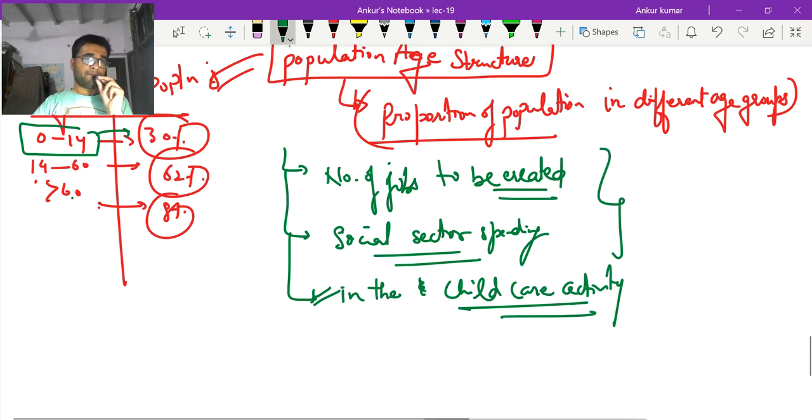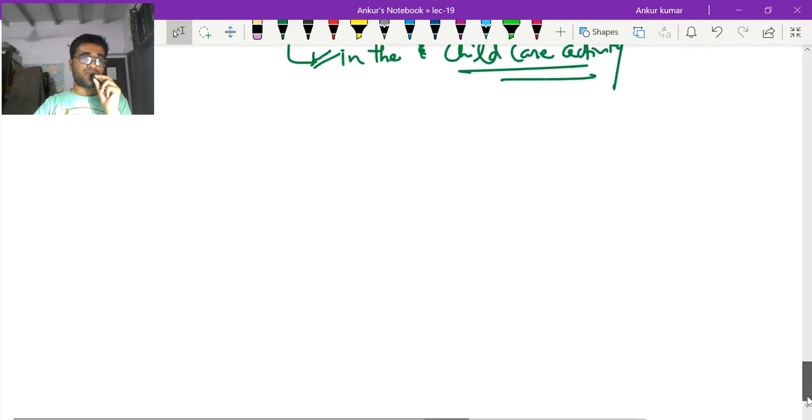And in the Indian case, this population age structure is again not uniform across the states, right? Different states have different age brackets for this population. For example, if you see,